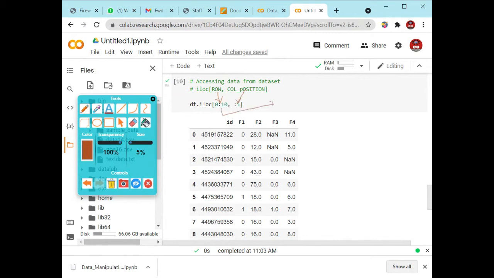This row position will initialize from 0 to n minus 1. So what is the last value? The last value is 10, so 10 minus 1 is equal to 9. So it will show the output from 0 to 9. That's why it starts from 0 and ends at the ninth position. And how many columns does it show? It shows 5 columns, so this is 1, 2, 3, 4, and 5. So 5 columns are shown, starting from 0 to n minus 1 location.